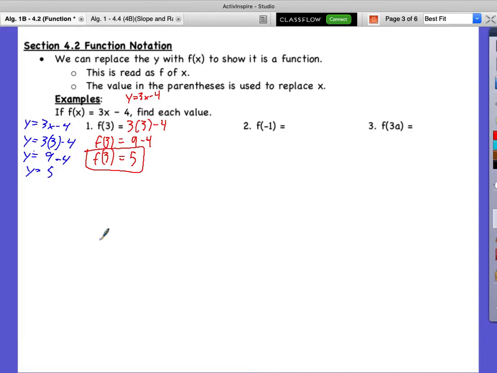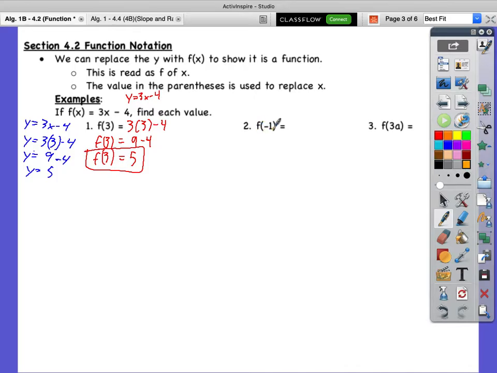Okay, so number 2. So that means it would be like f of 3 equals negative 1, then parentheses 3 minus 4. Okay. So what number here changed? Did the x change or did the 3 change? The x. The x, okay? So the 3 is still going to stay the same in each of these. Okay. So in our next one here,